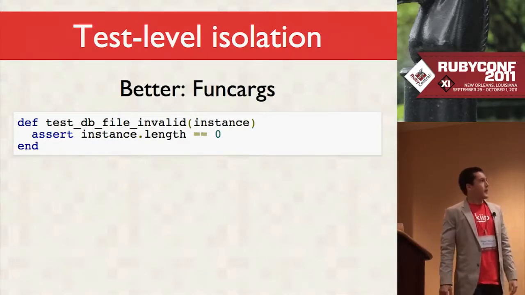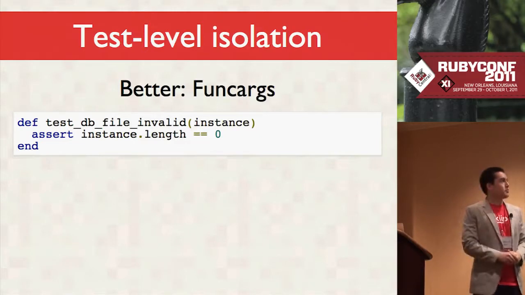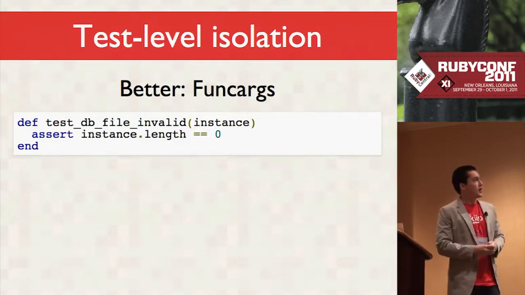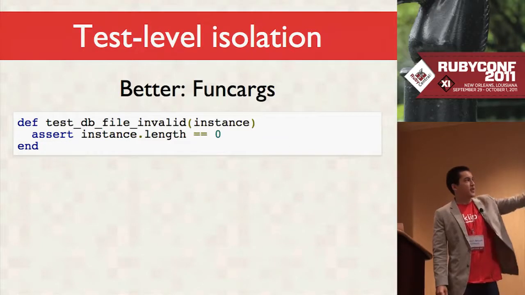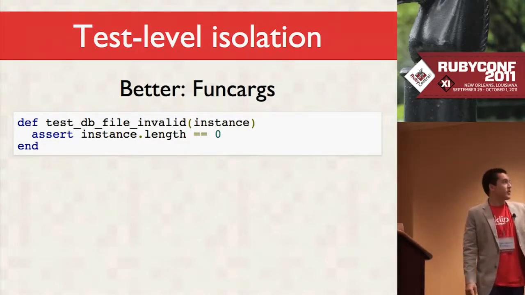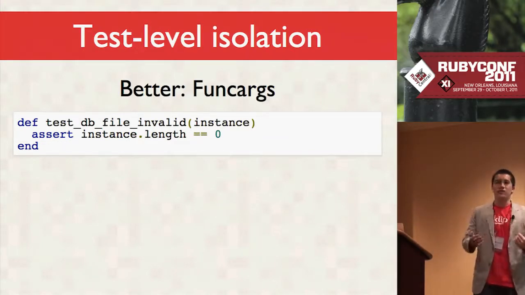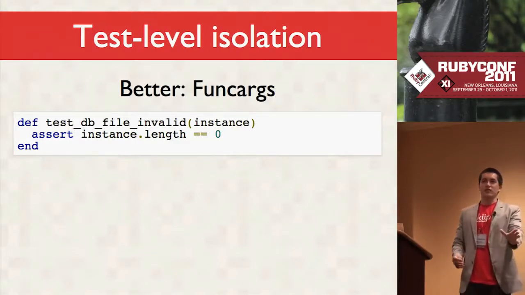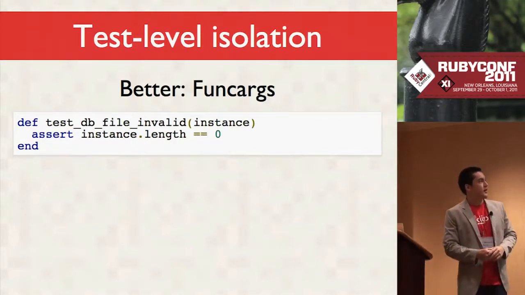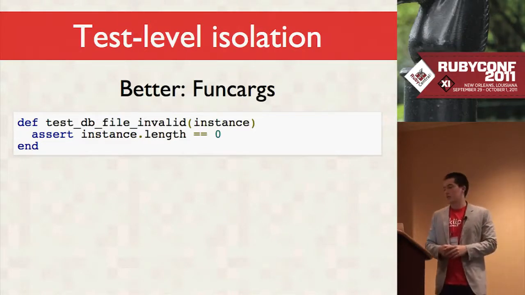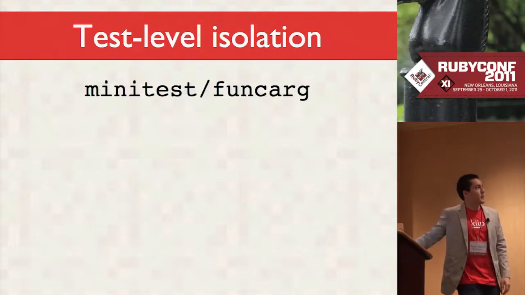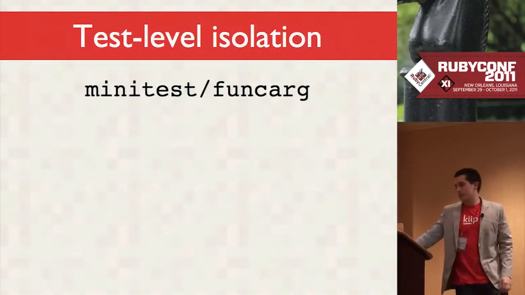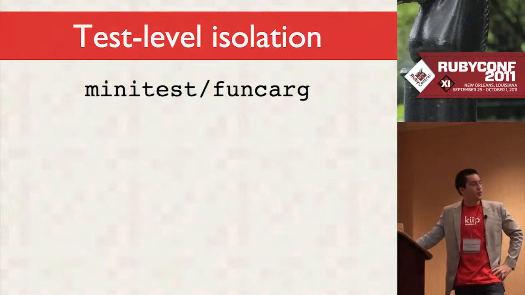In this case, this is something that the Python world calls funcargs, and what this is doing is passing the state in as a parameter to your test, and then it's responsible for cleaning it up after. And this pushes all your isolation down into your tests. It's pretty magical. I'm not going to try to argue that. It's pretty magical, and I made it work in Ruby. I don't know if this is a good idea for Ruby, but I think test level isolation is a good idea. So there should be a good way to do it in Ruby.